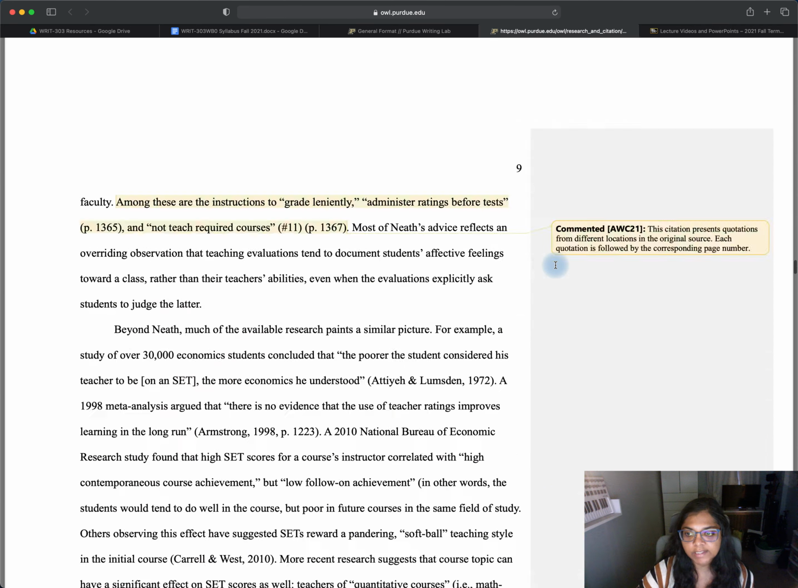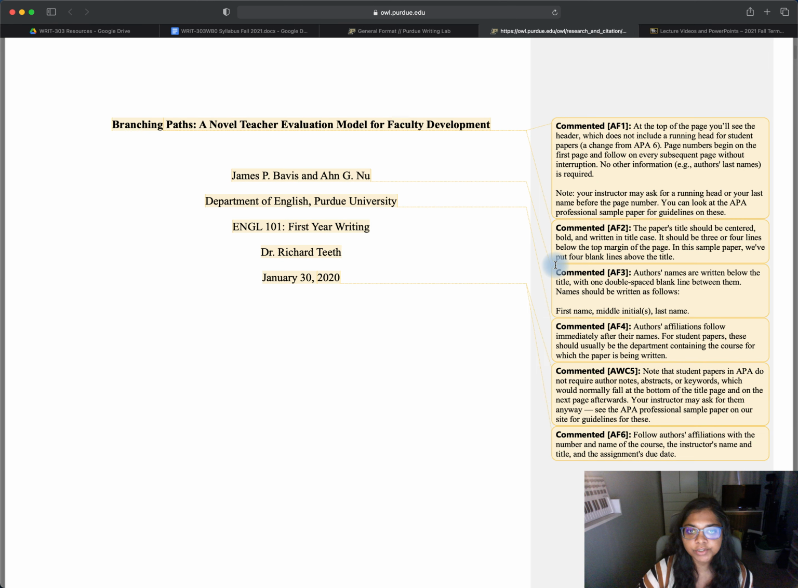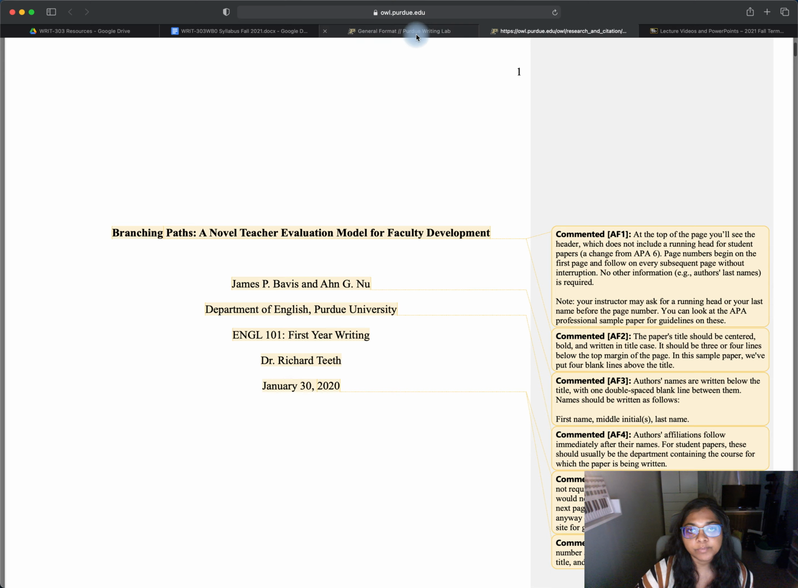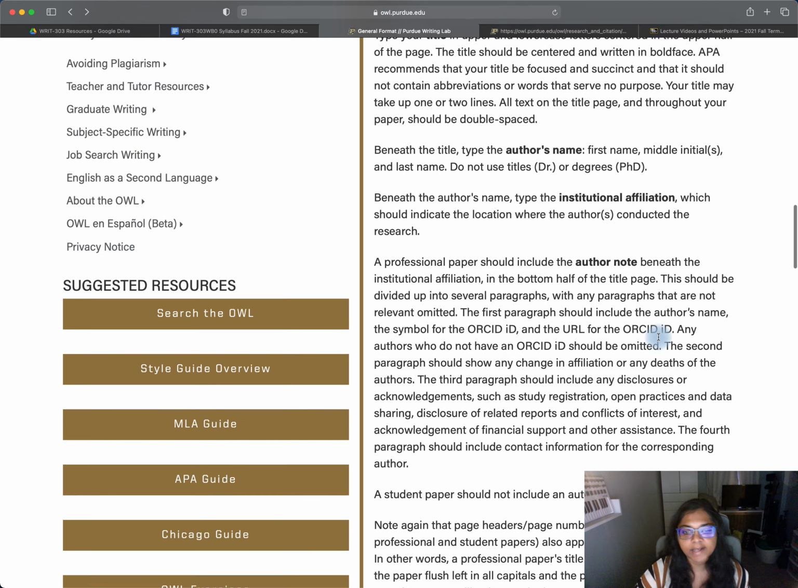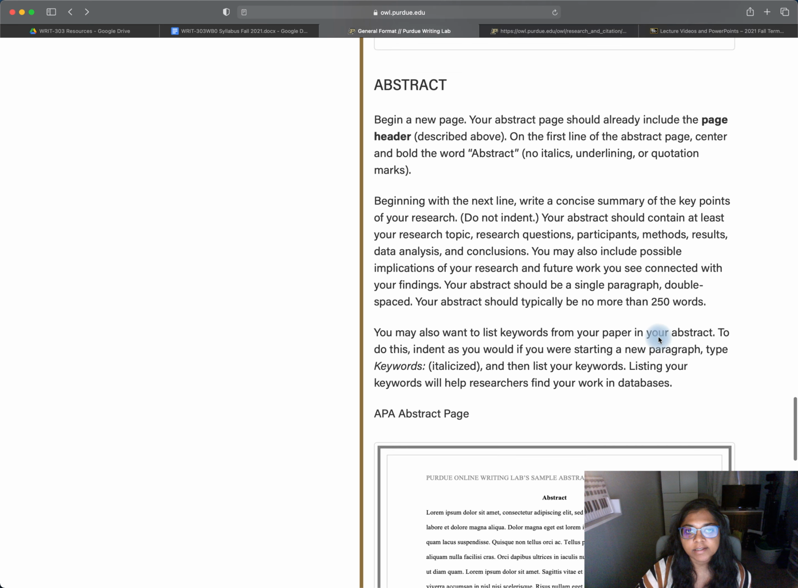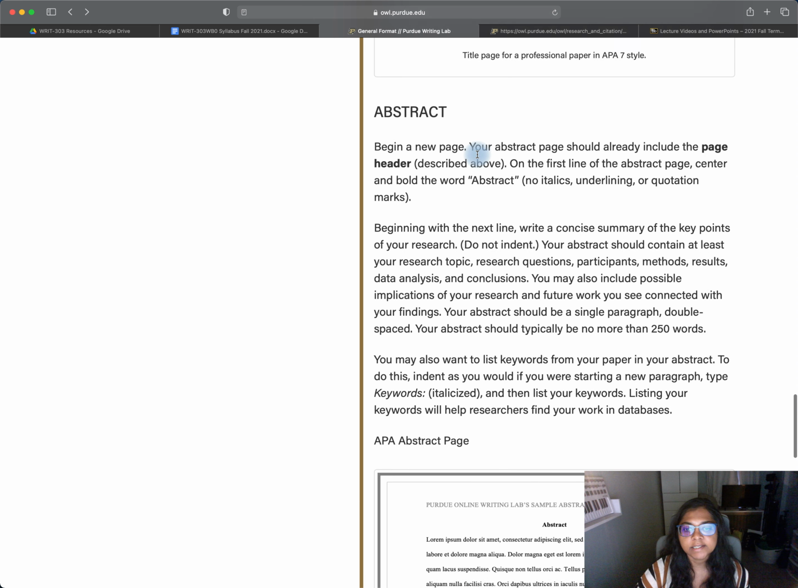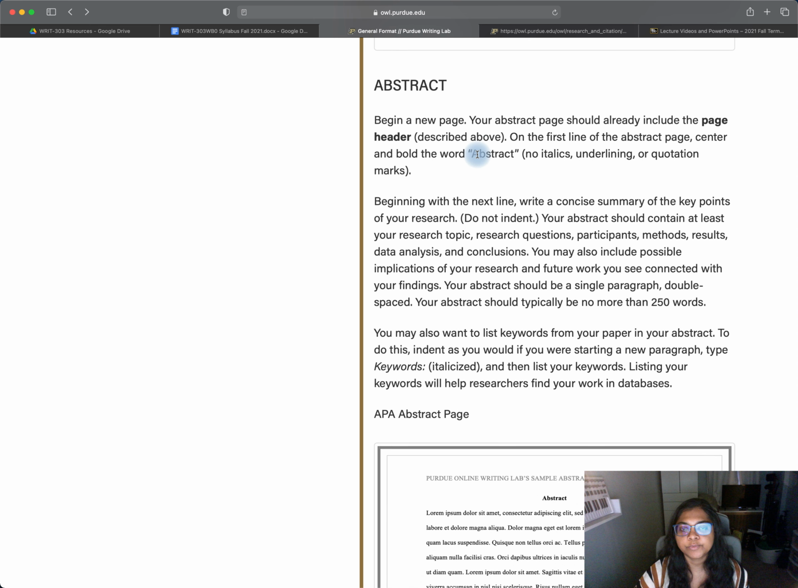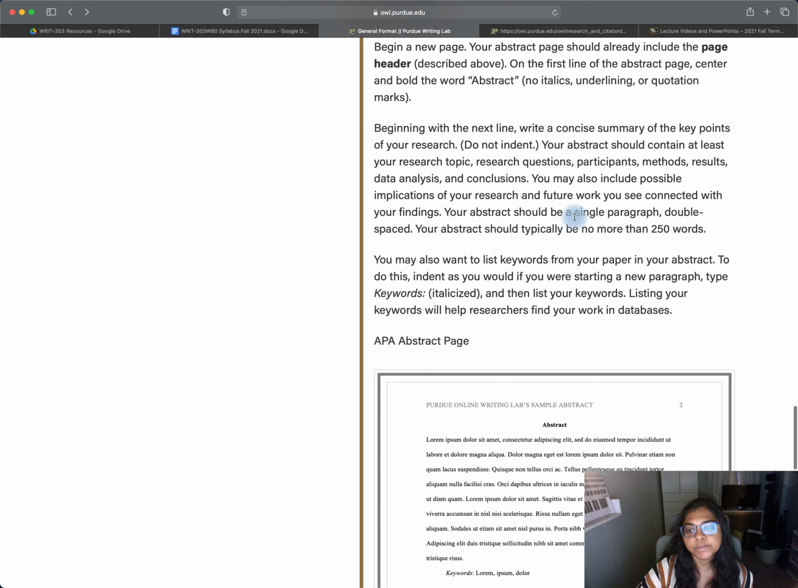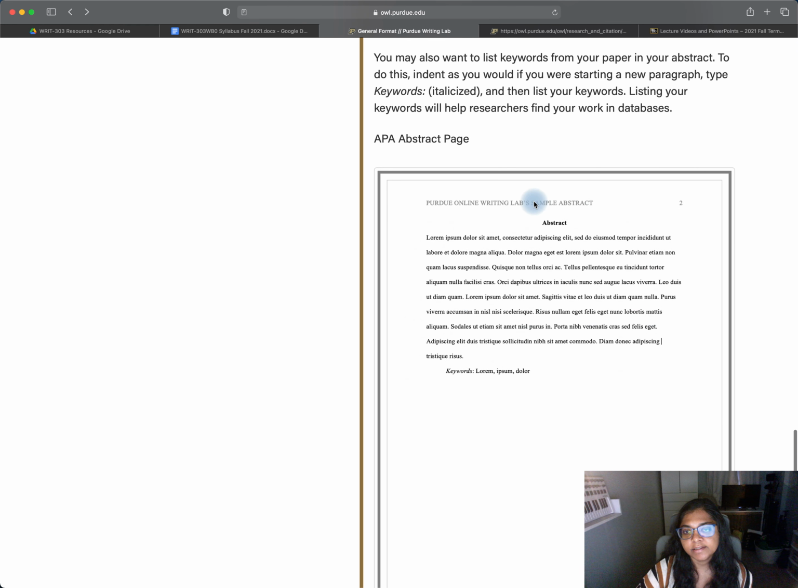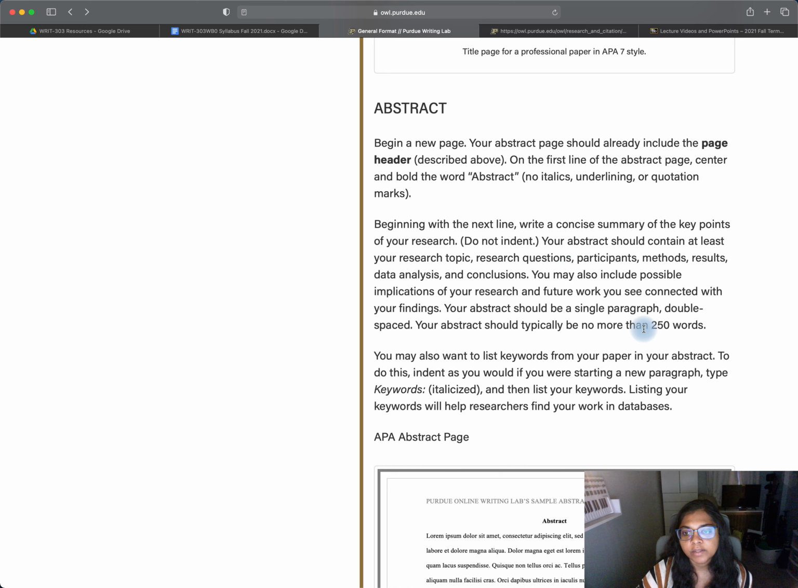So what we're going to be looking at is, when you have your paper, you do have the option of including an abstract. An abstract, as we can see in the general format guidelines, is just a short summary of your entire paper. After your cover page, you're going to create a separate sheet, and in the center in bold, you're going to write the word abstract. And in this abstract, you're just going to tell me in one paragraph, no more than 250 words, you're going to summarize your paper,